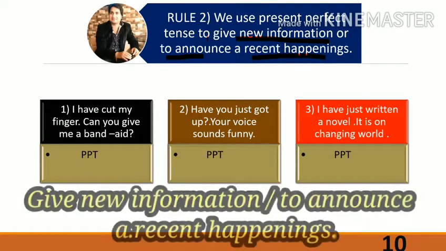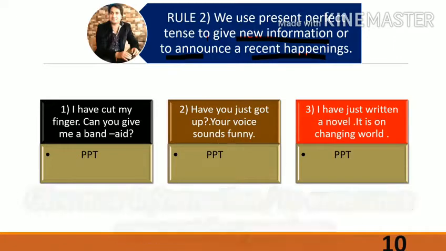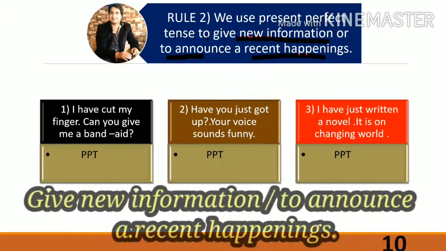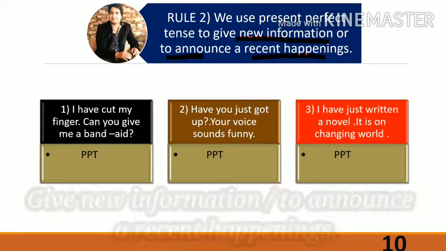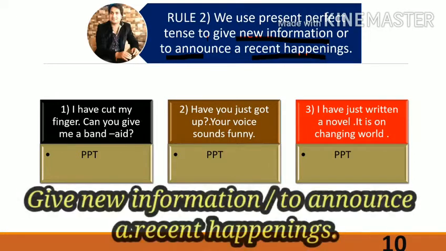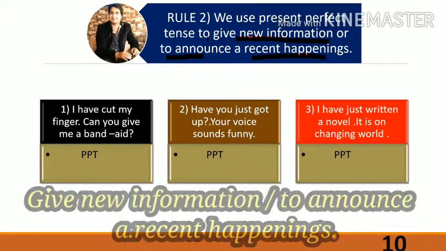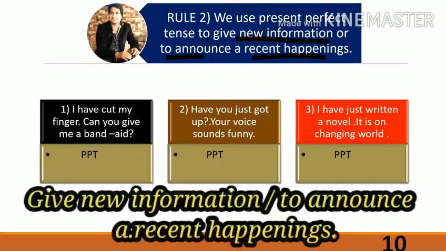So you can write it like this: I have cut my finger. Can you give me a band-aid? It means simply you did something, that you have cut your finger, and now you are asking someone to give you a band-aid. That means again there is a past but connected with the present. But one thing that is more important here is that you are announcing, you are giving information to someone